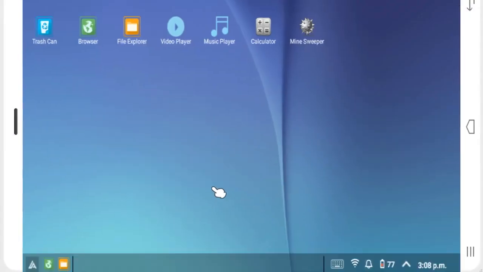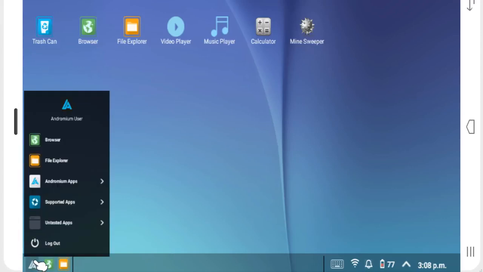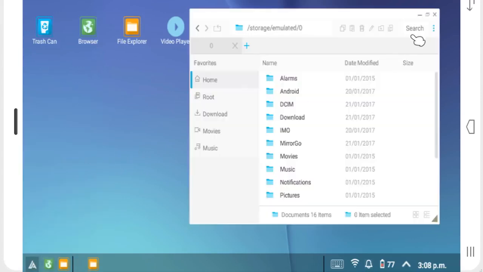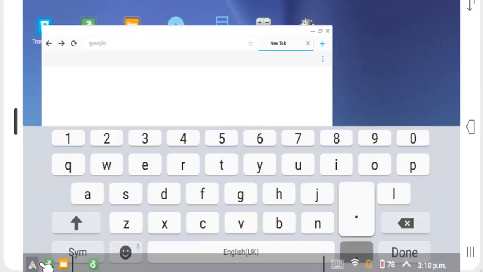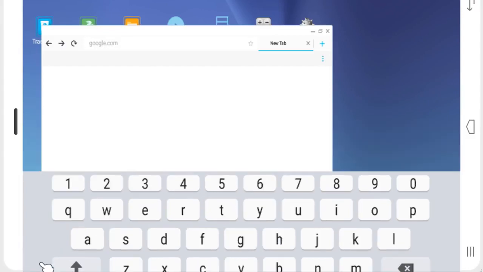That's it. Now you can enjoy a fully functional computer by attaching your device to a TV or monitor, and a keyboard and mouse. So this is all about how to turn your Android device into a fully functional computer. Hope you like this. Share it with your friends. Leave a comment below if you are facing any issue at any step.